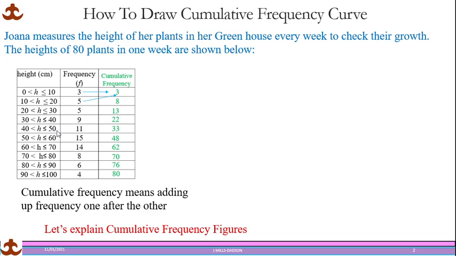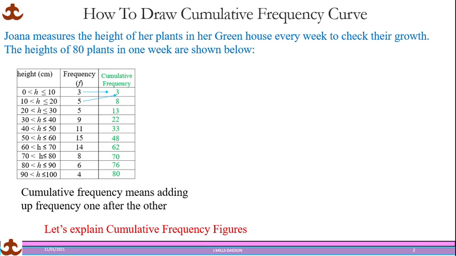You can also get the answer from the cumulative frequency column because less than 50 is exactly 33. Because 33 is between 0 and 50. Exactly 33. Now, they could ask you how many plants measured over